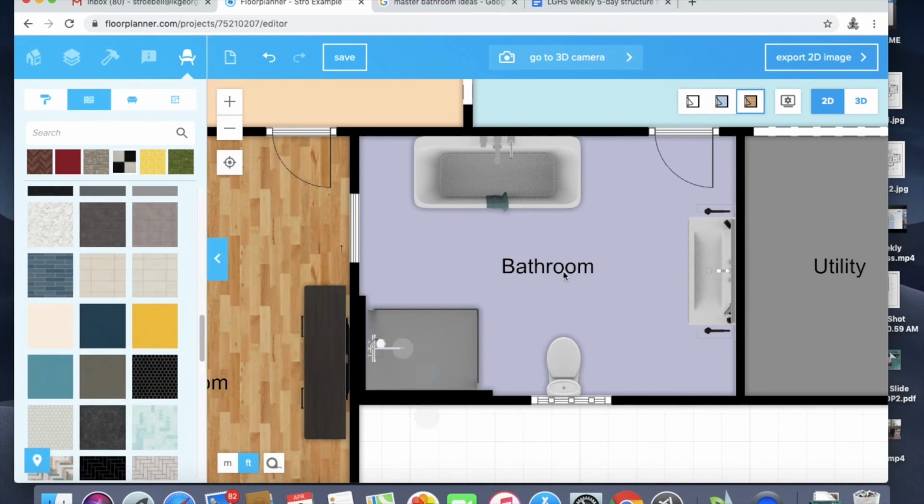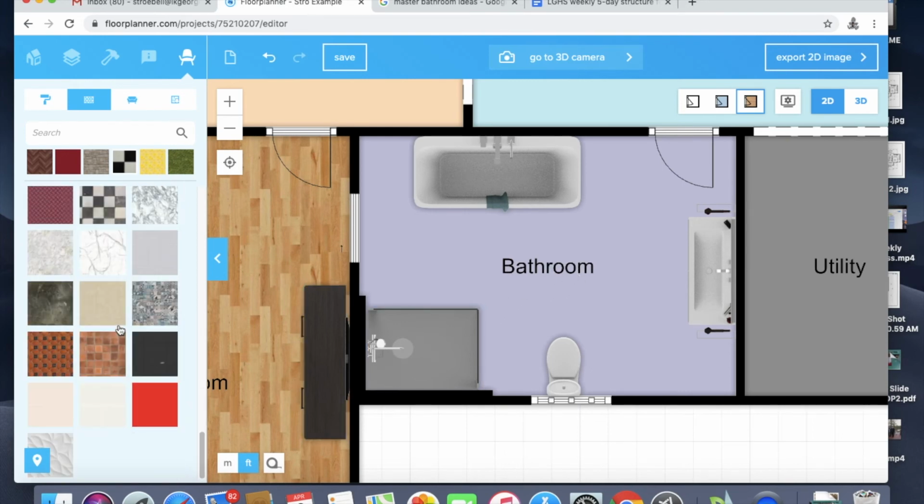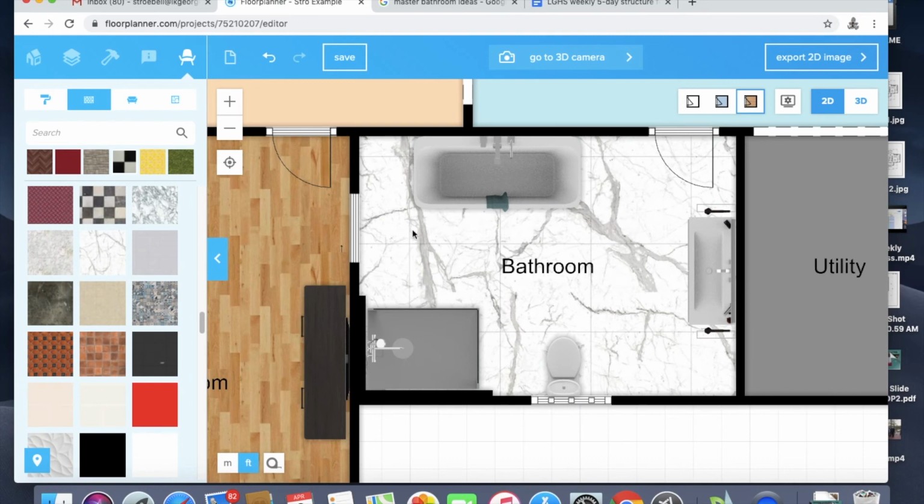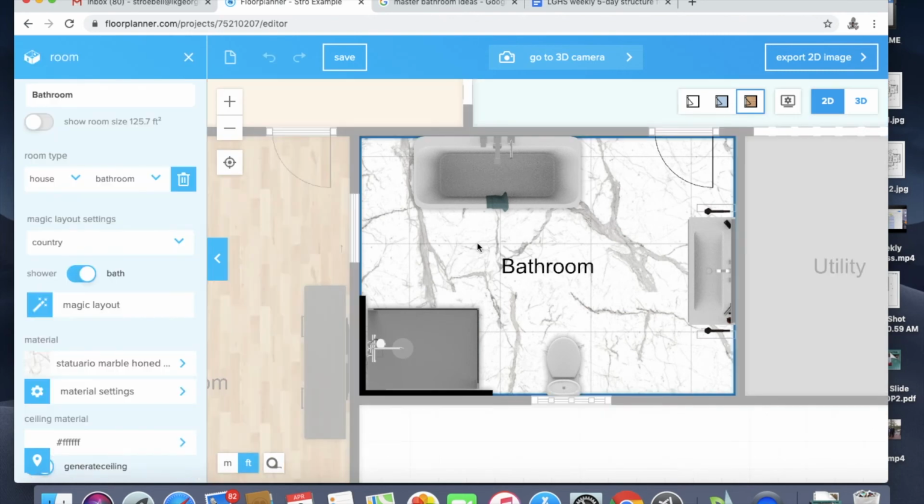And then what I want to do is find a surface that will help with the floor. Now you could do a wood floor, you could do a tile floor. That's what I did here. Drop that in. And right now, these tiles are going vertical and horizontal, and that's fine. But if you wanted to add a little bit of an angle to it, to add a little bit of style to the bathroom, you can click on that,